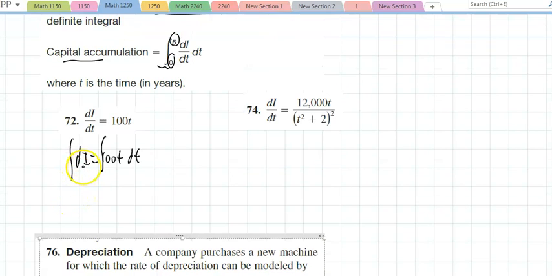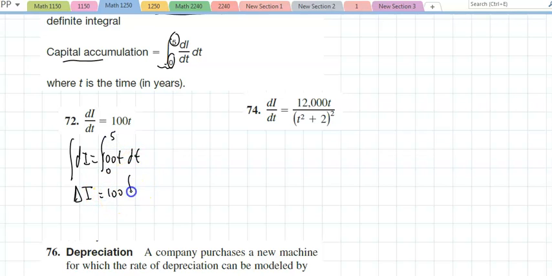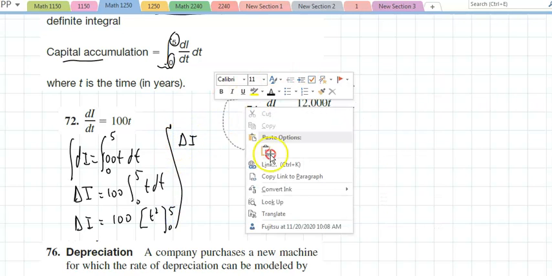So you would really run this from 0 to 5. The 100 is a constant. And look how nice and smooth that runs. The change in investment over 5 years is 100 times, isn't that t squared evaluated from 0 to 5? The change in investment over the 5 years,